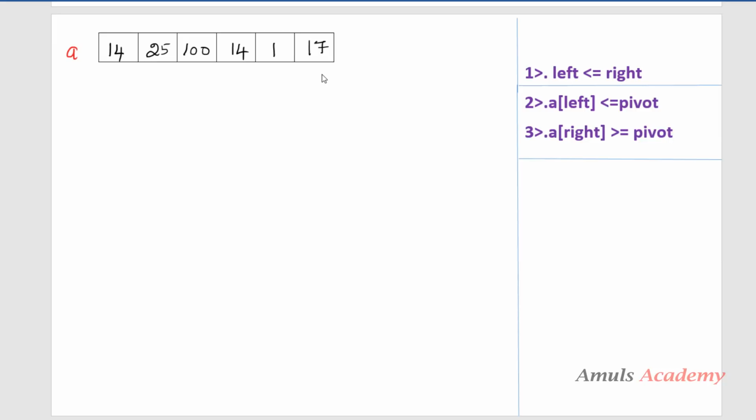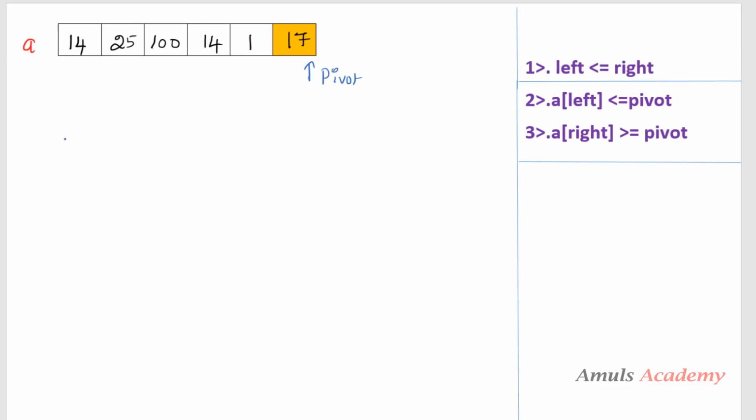Here first I'll take the last element as my pivot element. So this is my pivot element. The next step is I need to find the original place of this pivot element, that is 17. When I arrange these numbers in ascending order, what is the original place of 17? I need to find it now.